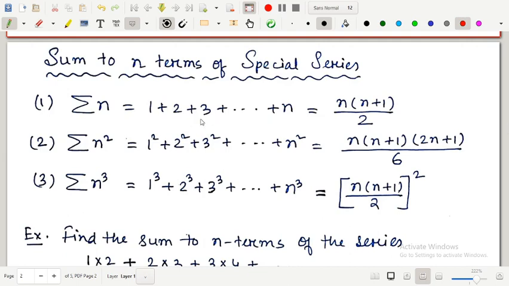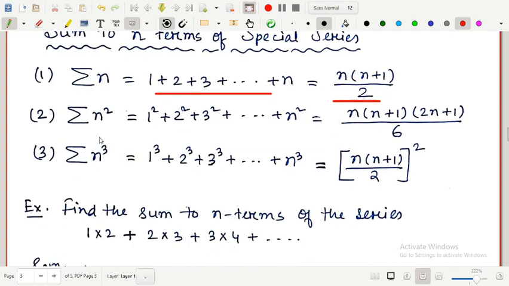Okay, so sum to n terms of special series, summation of n, it means 1 plus 2 plus 3 plus up to n. The sum is n into n plus 1 by 2. It will directly follow from the sum of an AP series. Okay, this is an AP, an arithmetic progression. You will get this sum directly using the formula of AP series. Next is